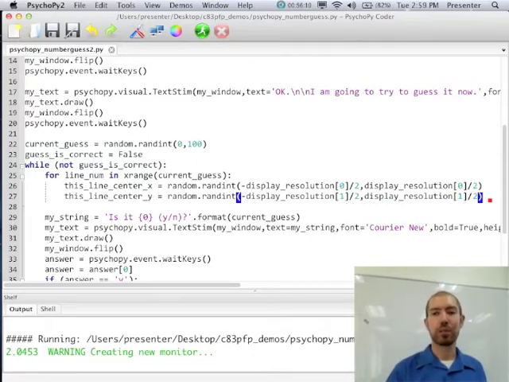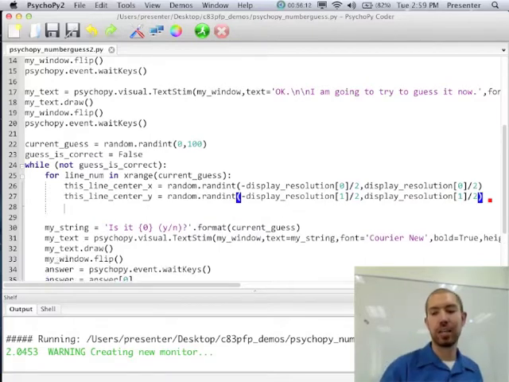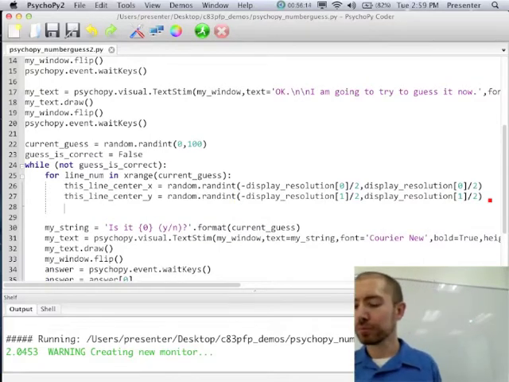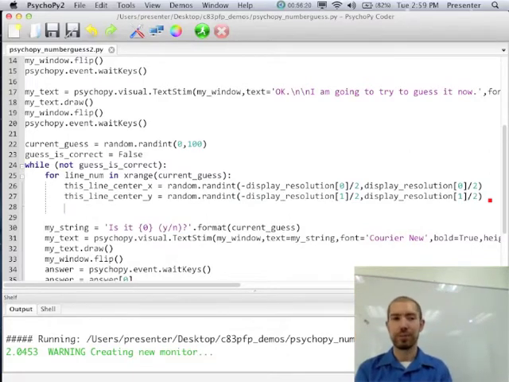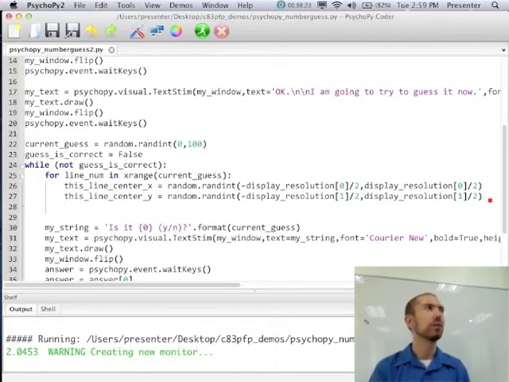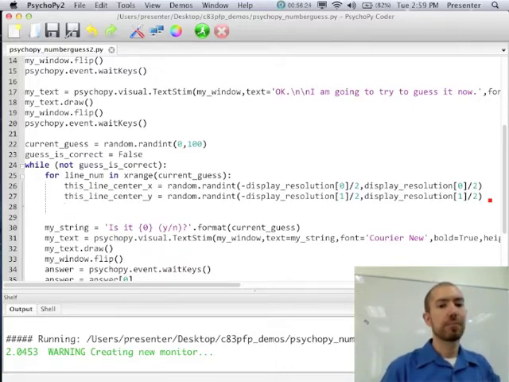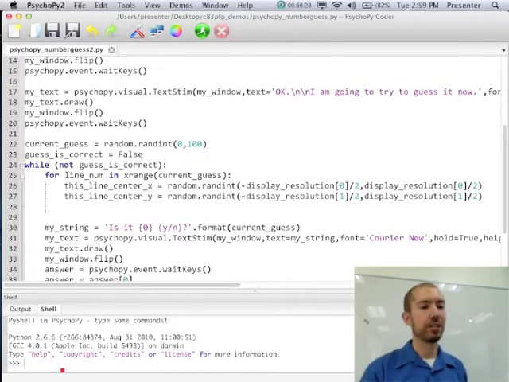Okay, so now we've picked a location for our line. To make it a little bit easier, I had this coded up one way in my notes, but let's make it a little bit more explicit. One thing you'll notice is that we can do things in Python if I go to my shell for a second.